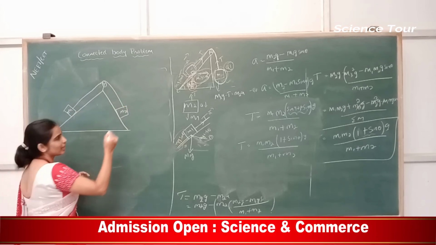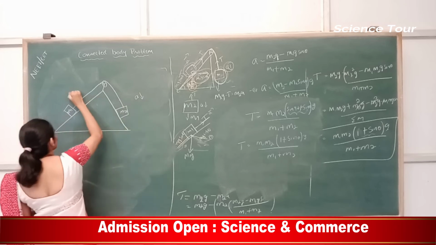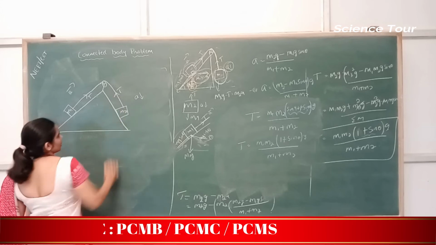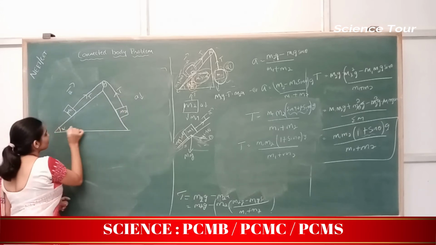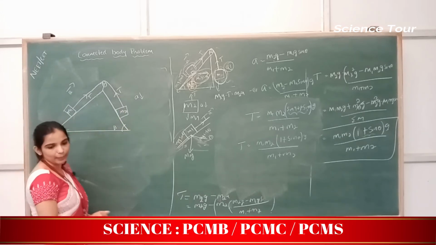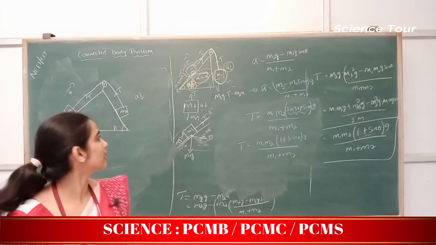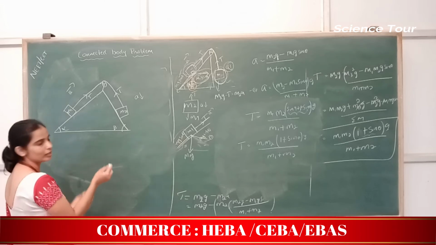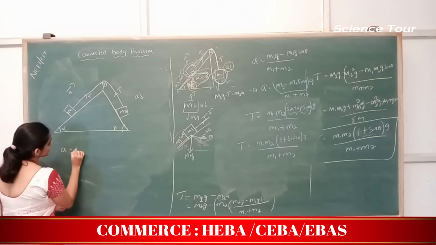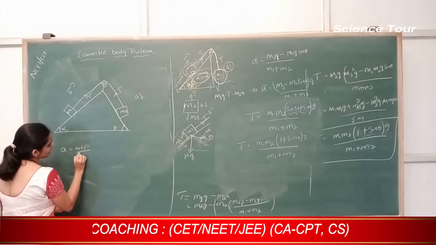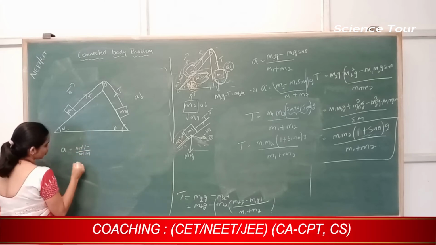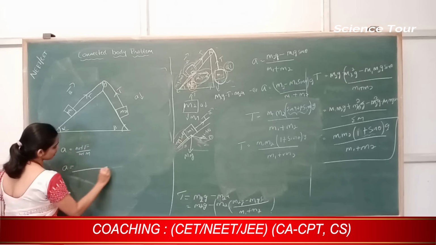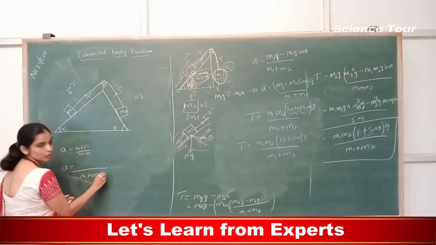Now m2 is greater, let's say, then acceleration is downward here, acceleration is upward here. Tension is T, tension is T. Let me take this angle as alpha, this as beta. Am I correct? Alpha and beta angle. Now how to write the acceleration of it? What is the acceleration of this whole system? So acceleration is net force divided by net mass. So what will be the denominator, students? So the denominator is m1 plus m2. There is no doubt in that.